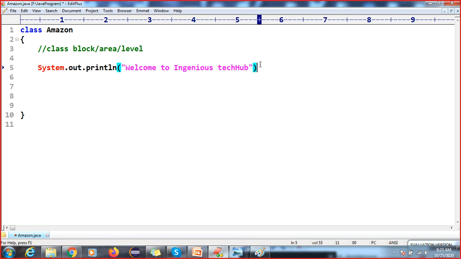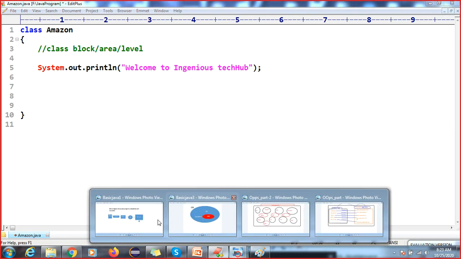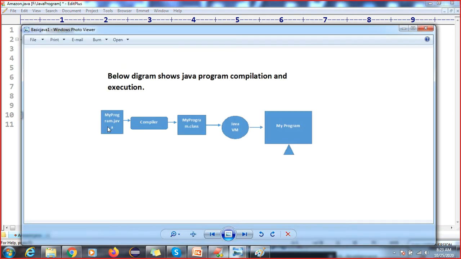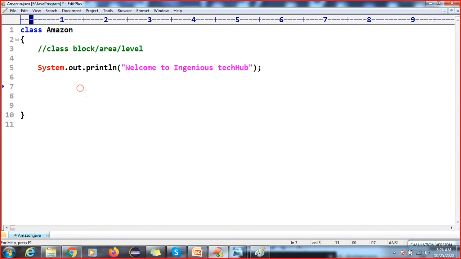Got it, right? So the question will come. We are on this page only, just writing the code. We have created a .java file and are writing the code only, we did not compile it. So again your question is what is System, what is out, and what is println. System is an inbuilt class, created by the Java people, out is a variable, and println is a method.